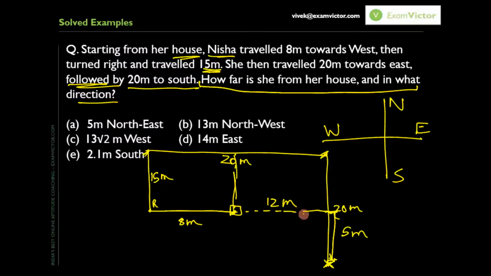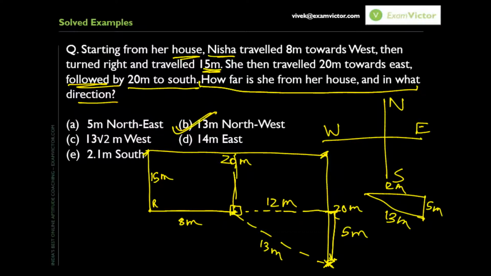So now you have a right triangle. This is the right triangle, 12 meters, 5 meters. So you know that this is the Pythagorean triplet. So automatically the hypotenuse is going to be 13 meters. So this distance, the distance that we are interested in, from her house till the final point, that distance is 13 meters. Moment you've got the distance, you've actually got the answer also, because none of the options have 13